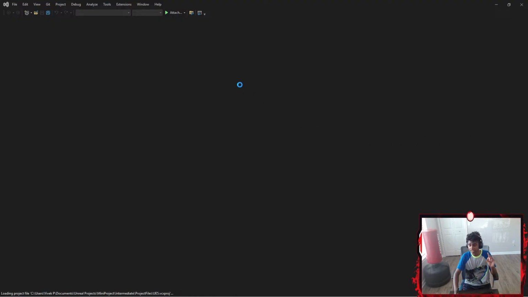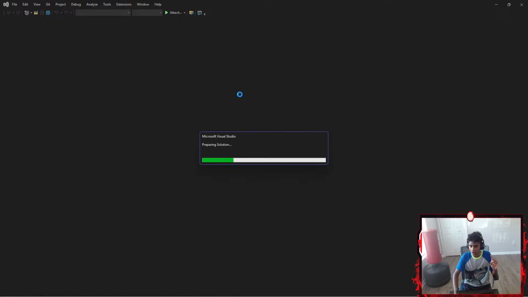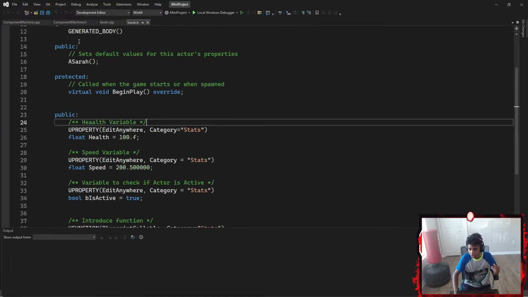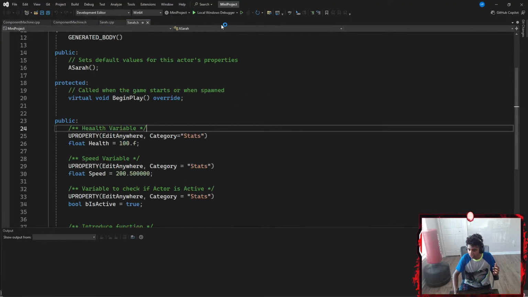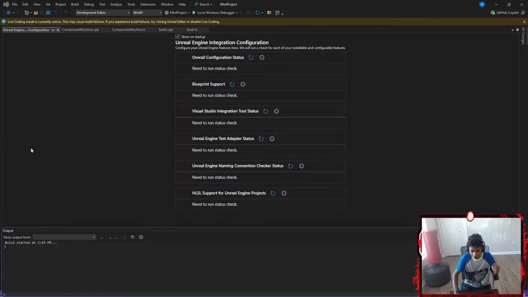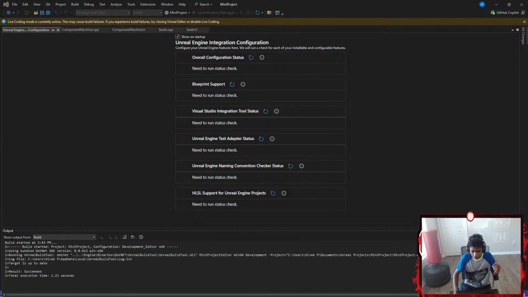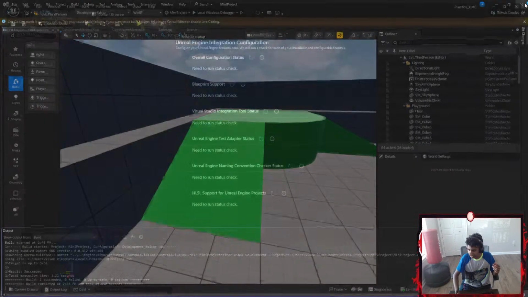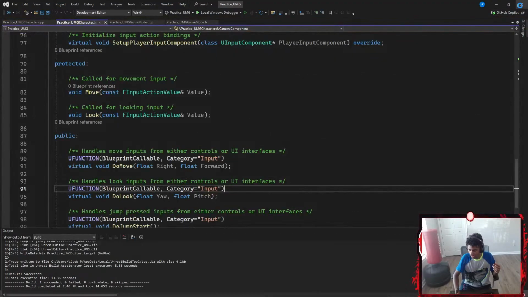Let's try running this because I think that it was the mini projects folder where I've already been working on small projects. Component machine, there we go. Okay, so it was mini project. I'm gonna go ahead and run the program. While the program is running, I'm gonna go ahead and exit this Unreal Engine and I'm gonna exit that Visual Studio.